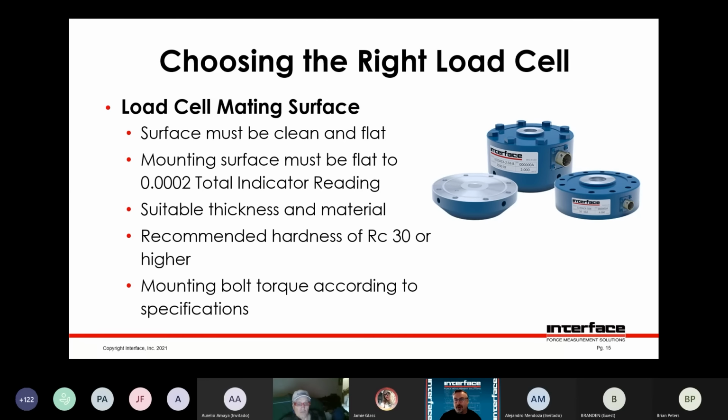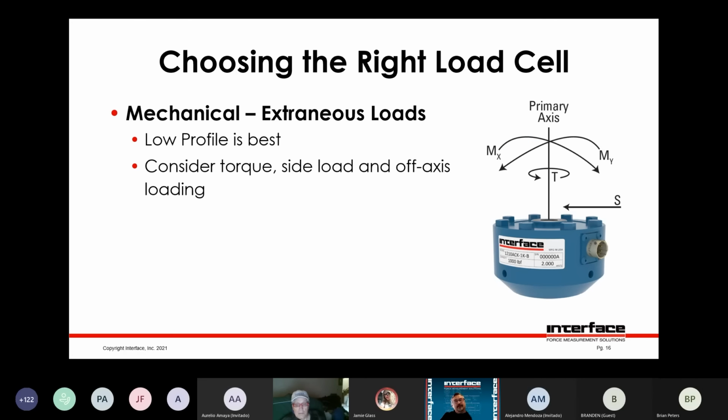And so, rule of thumb, the load cell base, or what you mount it to, should be at least as thick as the bases that we use. Should be similar material. If the load cell is steel, it should have a steel base or steel mounting plate. Aluminum, same. It also should be torqued to spec, just like the lug nuts on your car. If you were to torque them down, you'd follow a star pattern and maybe increment the torque up as you fasten.